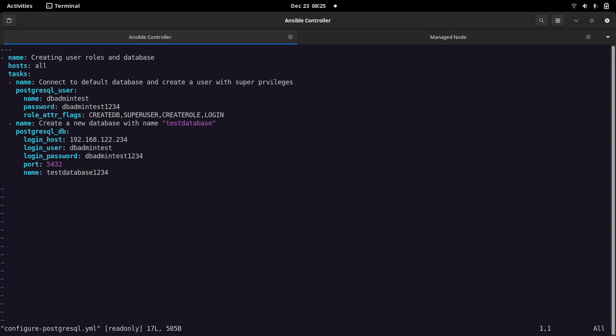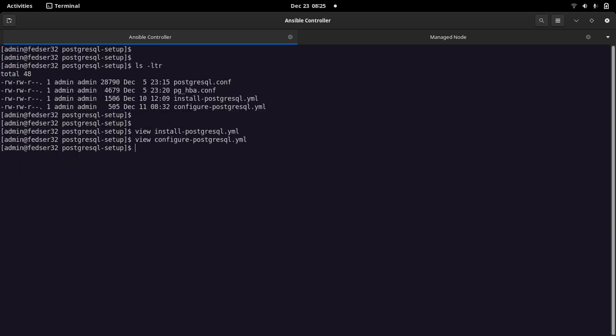So let's see how we can convert this playbook into a PostgreSQL Ansible role, with which we will be able to divide these sections in a well-defined manner.